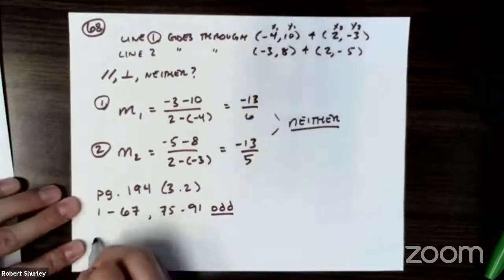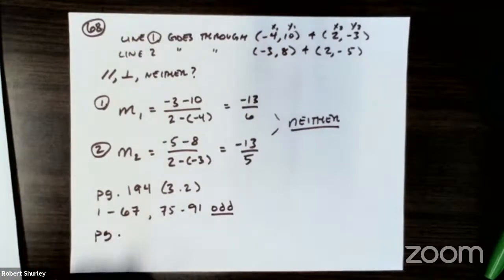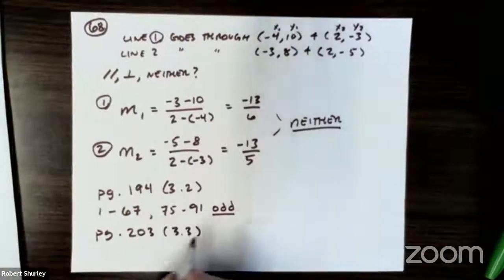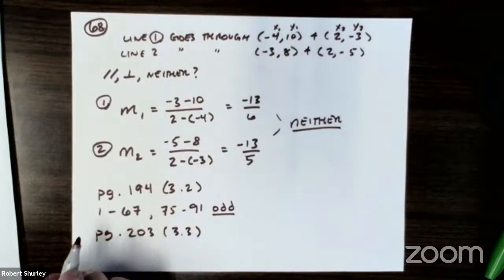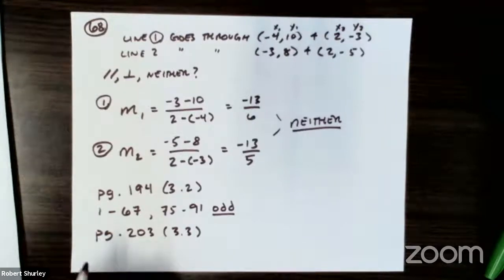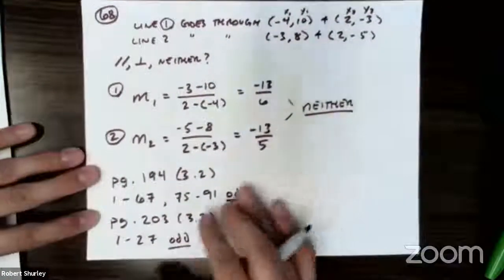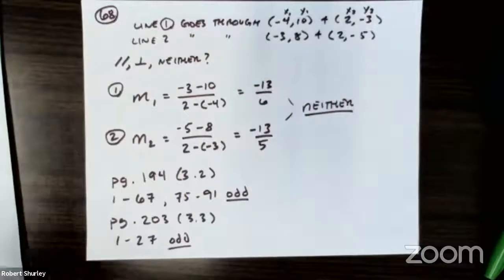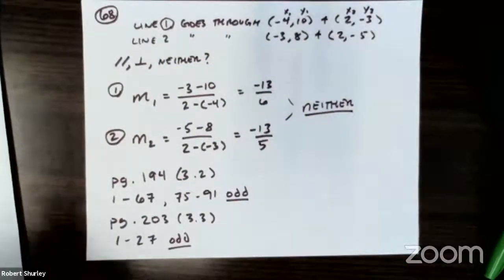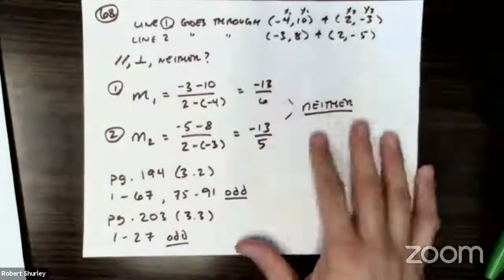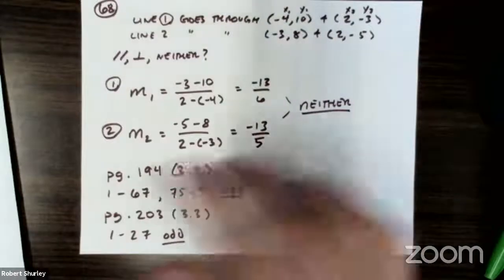And then on page 203, which is now 3.3, just 1 through 27 odd. Now, if you can't set aside enough time to get through all of this, I want you to at least look at it, okay? Or do every other odd. That would be fine as well. I know this is a longer section. It's more homework than I would typically give because it's